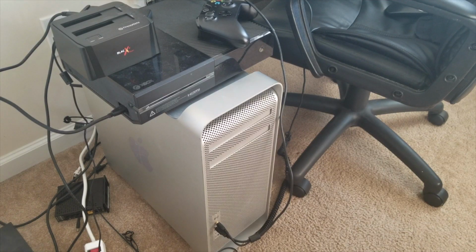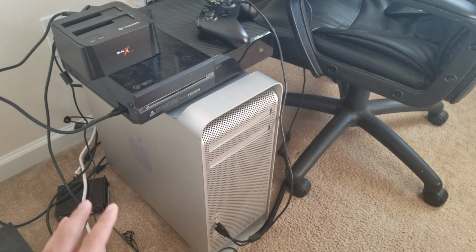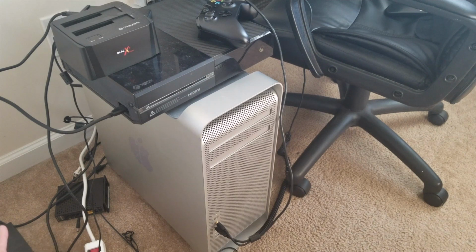Alright, so that last clip that you saw was from Saturday, I think. Yeah, Saturday. I have a lot of explaining to do when it comes to these Macs. So I'm going to go ahead and start way back with the 6-core Mac Pro and the Hackintosh. So what happened with the Hackintosh was, I think back in September, October, I have to look back and see